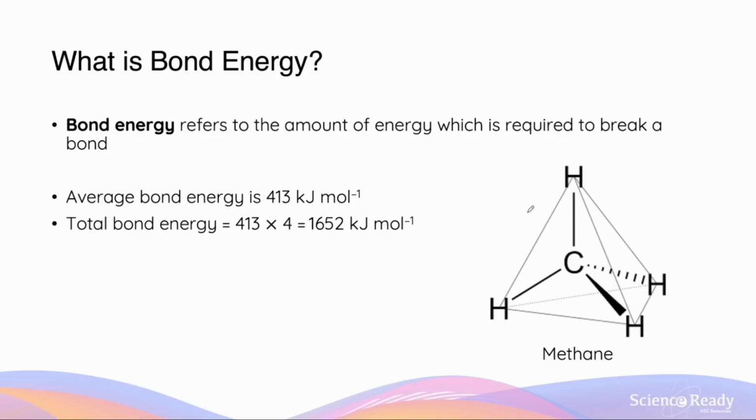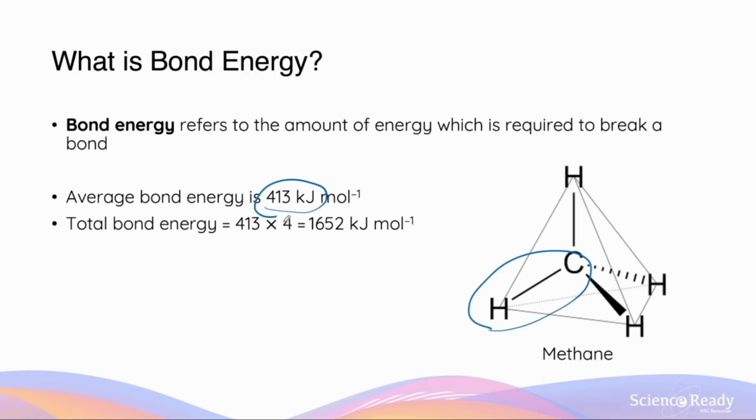For example, let's consider a molecule of methane, which consists of a carbon atom in the center connected to 4 hydrogen atoms via covalent bonds. The average bond energy for methane is 413 kilojoules per mole. This means for every mole of the carbon to hydrogen single bond, we will need 413 kilojoules of energy to